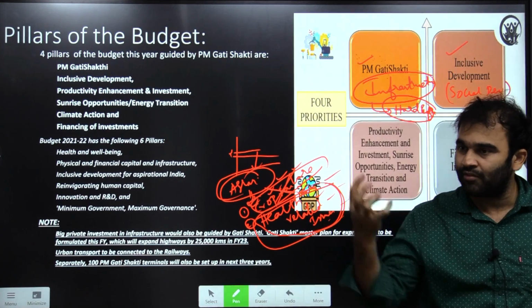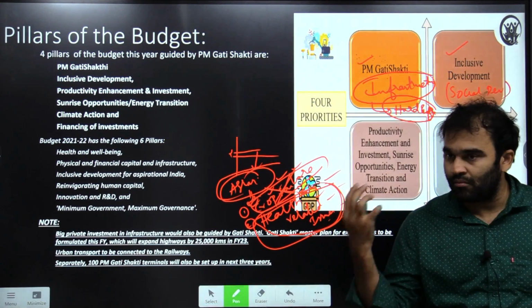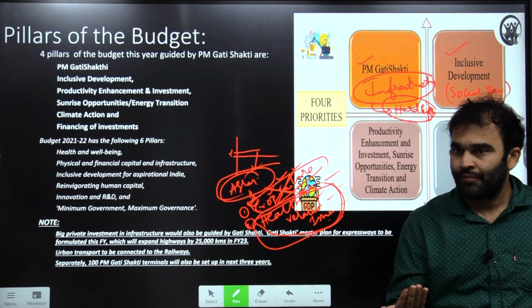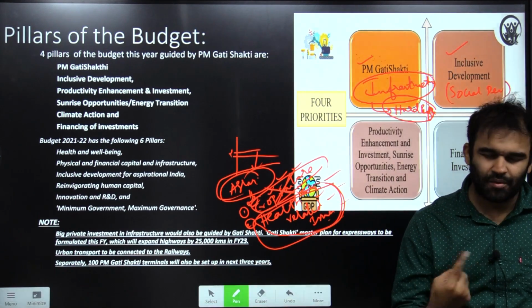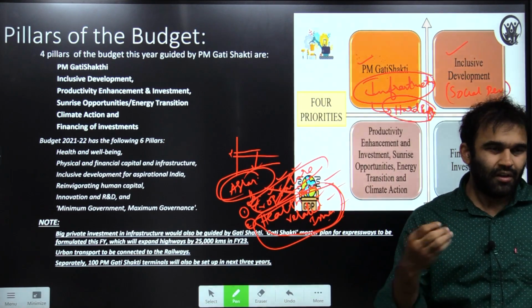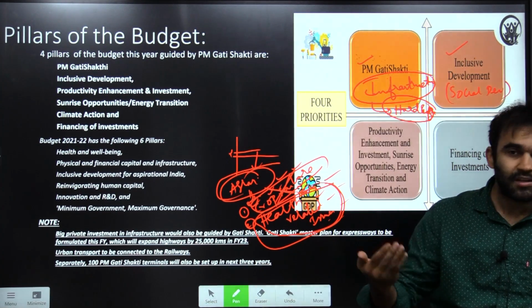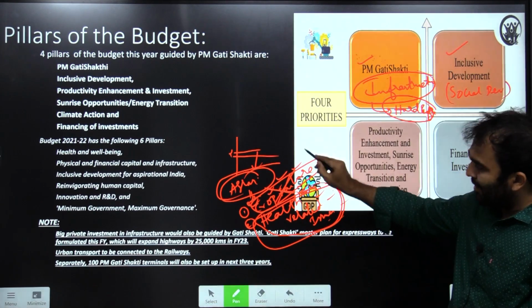Of course, COVID has caused a lot of damage to the rural economy as such, and in terms of health. So focus on health, focus on food. The government has come up with many food security schemes. All the schemes that were introduced during the COVID times are still running. The government is still running them.